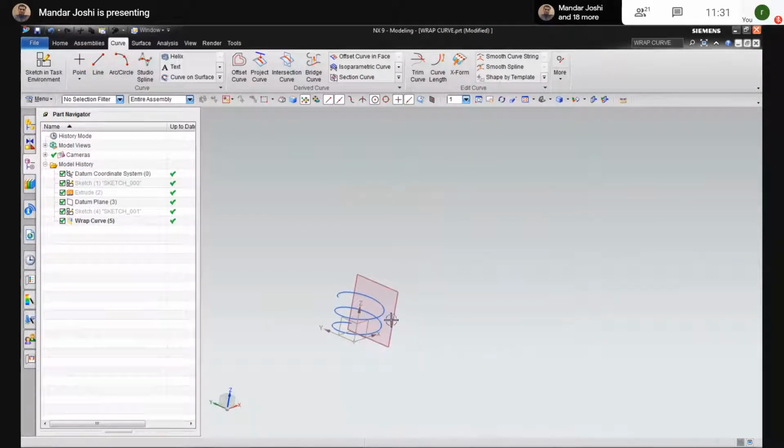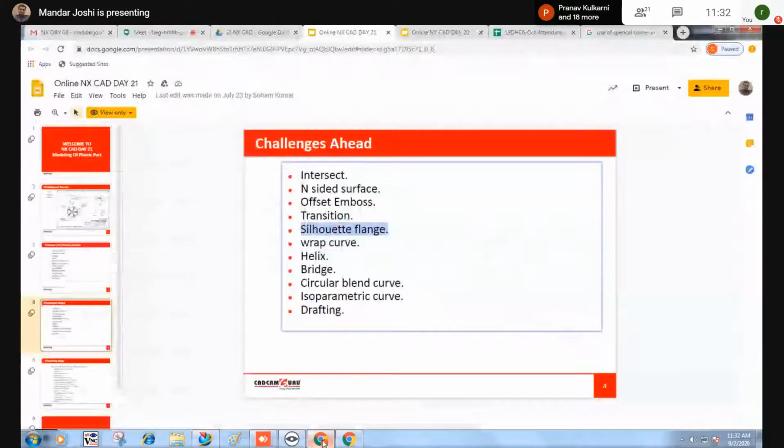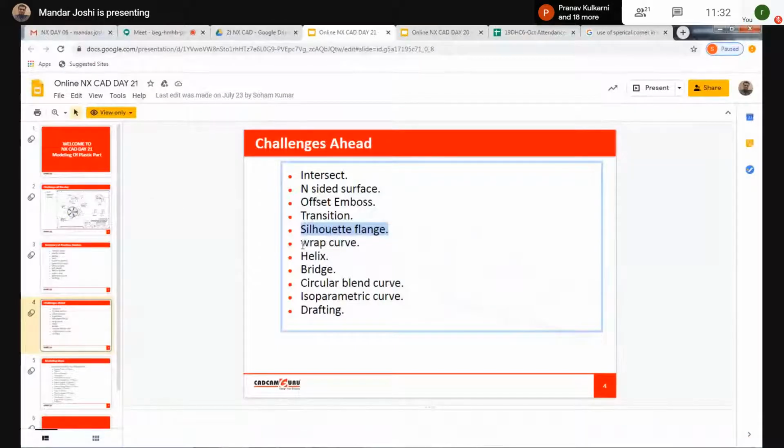And you can use this curve as a 3D curve to generate the sweep. Okay, the purpose of this command, the wrap curve, is to generate the helix curve.